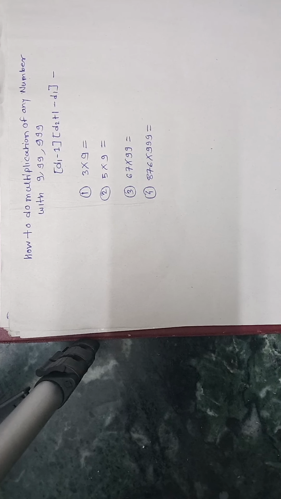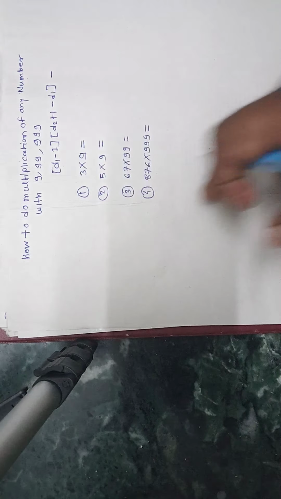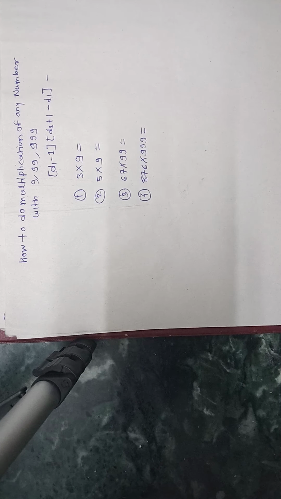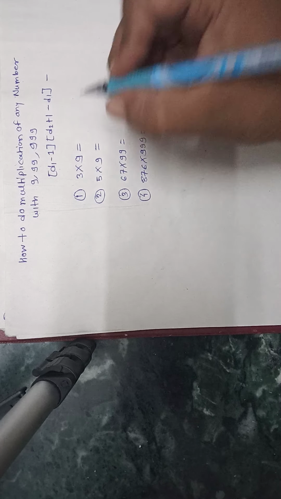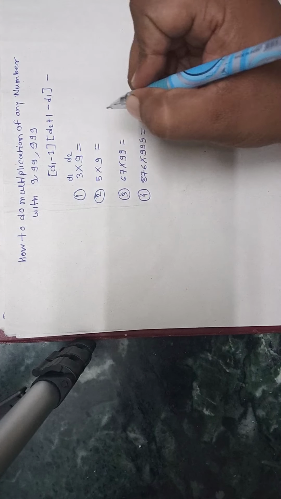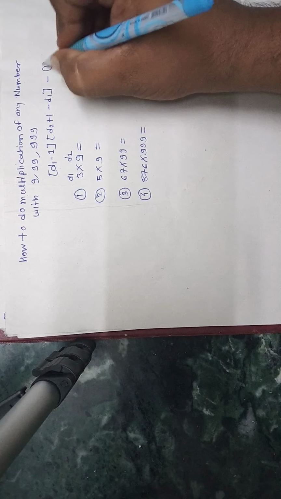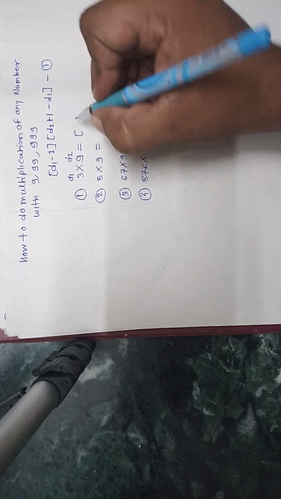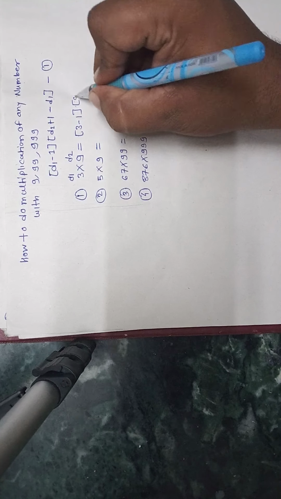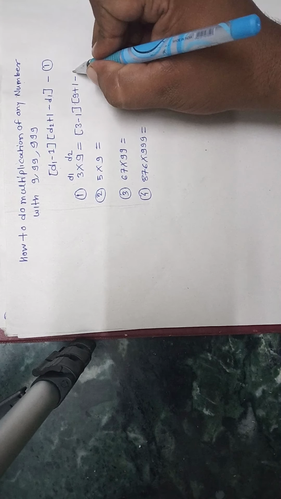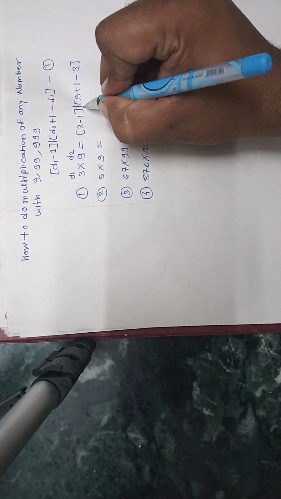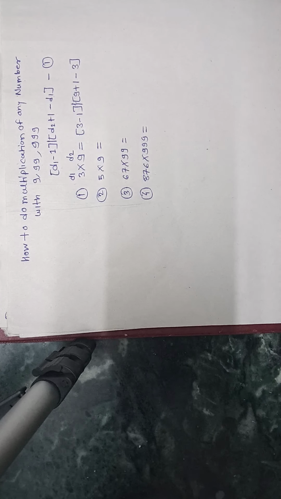So let us see it by putting these four equations in the above formula. In this case, d1 is 3, d2 is 9. So put this value in equation 1. It will be like this, that is 3 minus 1, d2, that is 9 plus 1 minus d1, that is again 3, and put here one separator. So the separator will separate both the digits.